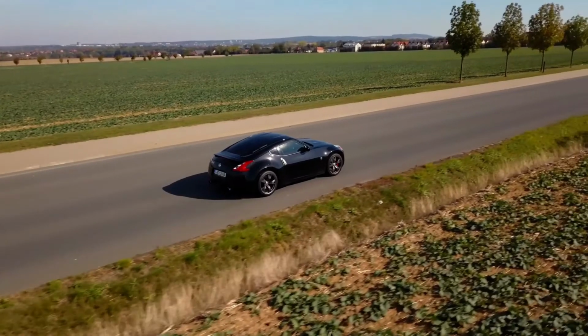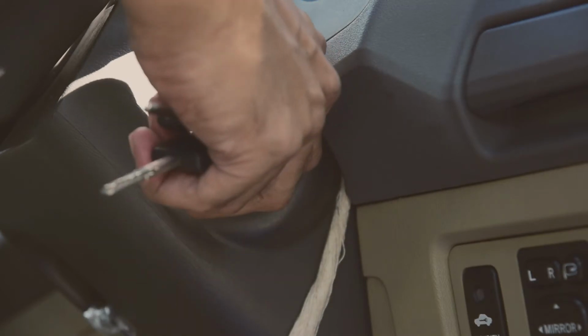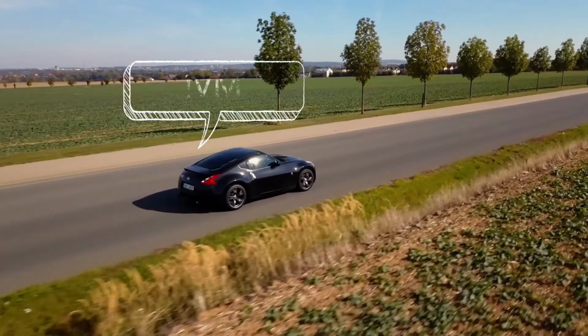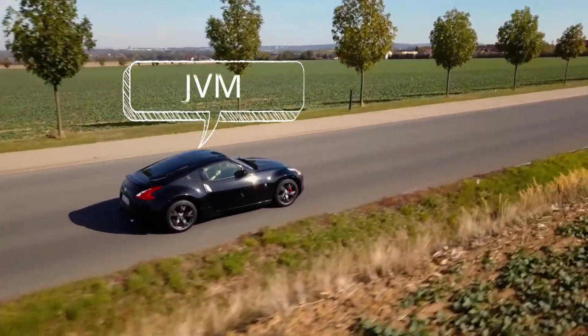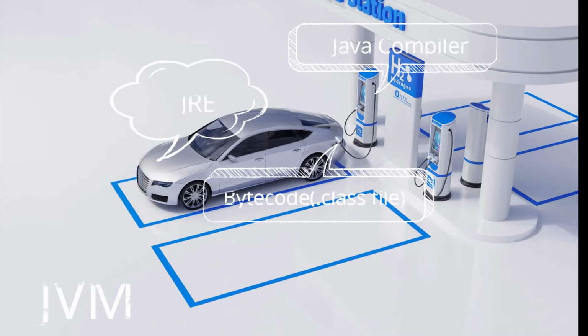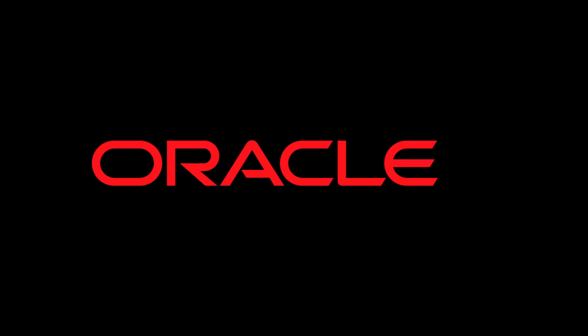Now, how do we run a car? We provide fuel to it, and when the engine is started, then we can drive. Similar is the case with JDK, JVM and JRE. Here the car is JVM, which is the specification that will provide the runtime environment in which Java bytecode can be executed. Its actual implementation is provided by various companies like Oracle and others.